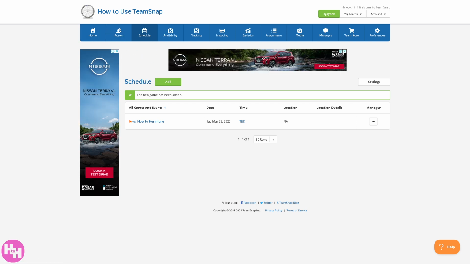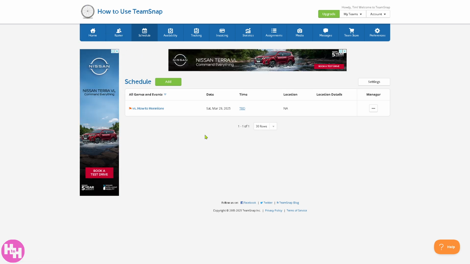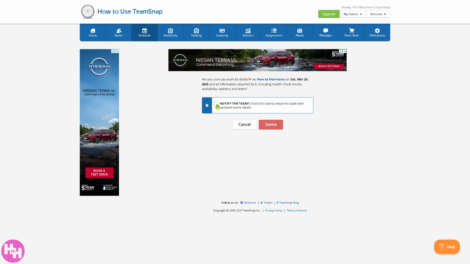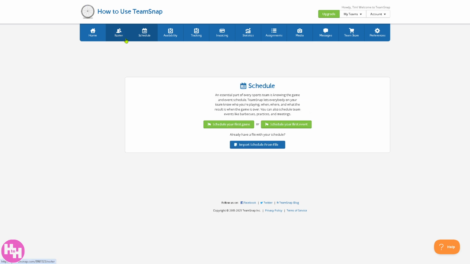Now since we're already on this schedule, it displays the team's upcoming practices, games, and events, because team members can now view details like time, location, and opponent. So this is going to be the view. All right, so time is going to be determined, location is not applicable. There's a 3 dots button here where you can delete that if you have already created it by accident, and you also have the option to notify the team. We're going to delete that for them because we only did that for